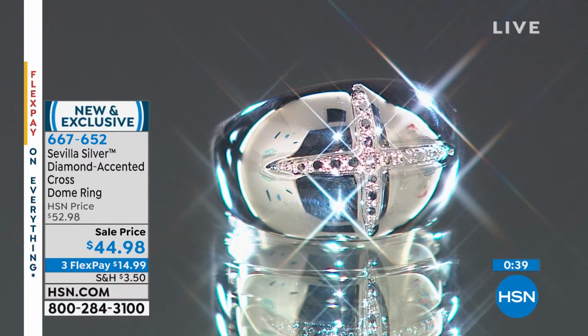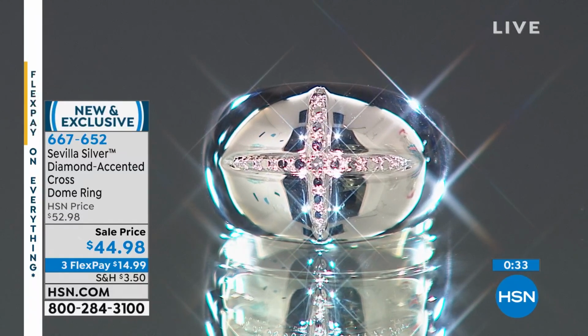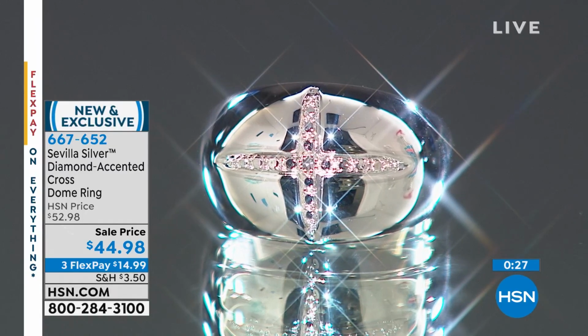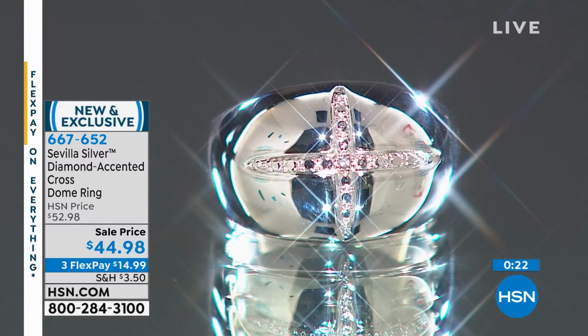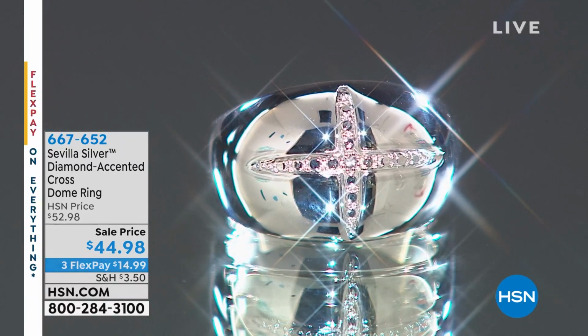Absolutely. Okay, we have just about a minute left to shop on this one, and then another brand new, beautiful piece coming up in multi-gemstones. A lot of people have asked for a Virgin Mary pendant. We've got that coming up for you. So lots of beautiful things on the way, and we've saved a lot for this show. So even if you've been watching Bill all day long, you haven't had a chance to see